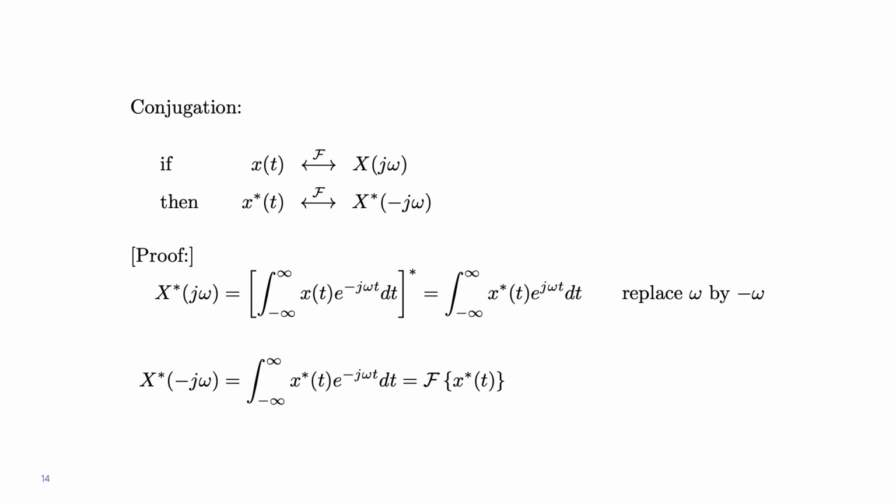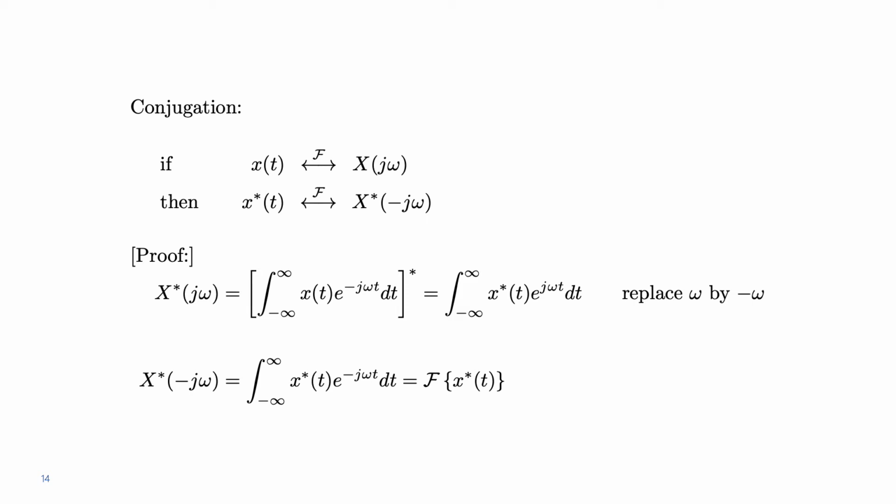Can we prove the relationship that we just showed about the conjugation property? It's actually quite easy. So imagine you want to calculate x conjugate of j omega. How to do that? We can simply use the Fourier transform integral and conjugate everything, right? And that's what you see there in square brackets with a conjugate operation. Then this conjugate can be applied individually to the different terms. So x of t becomes x conjugate of t inside the integral, and e to the minus j omega t becomes e to the plus j omega t in the integral, right?